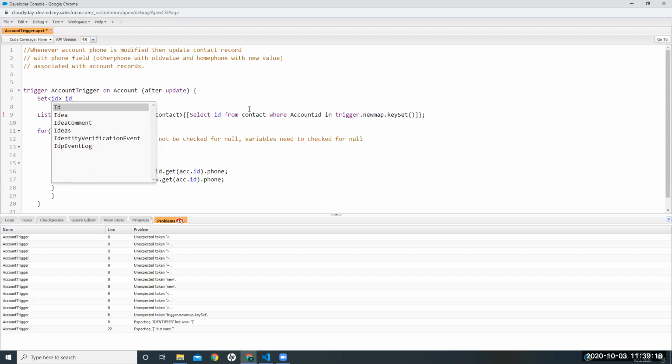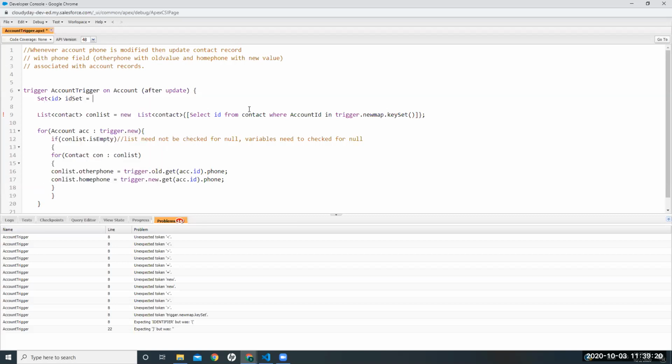And what you have done is newMap.keySet. Correct? Yeah. So what should I store in this set? You have to store the IDs, right? Yes. So Id set equal to